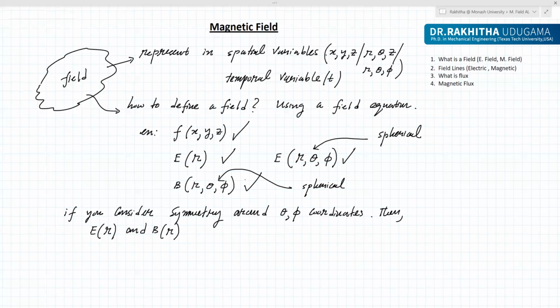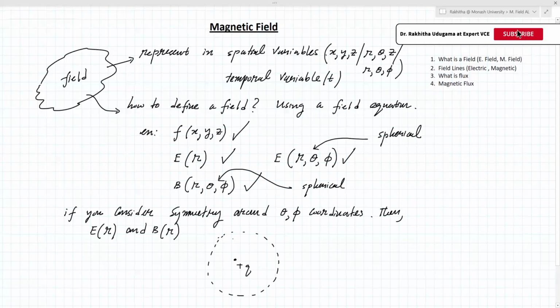Now, why we are not including theta and phi is because of the symmetry. Okay, so what do you mean by that? Suppose there is a charge here. This is just an example. Then I'm going to take a sphere. I can draw a sphere here, but I will draw it like a circle. Now, suppose this is a sphere. Suppose this is, take a basketball, right? Inside the basketball, you have a charged particle here.